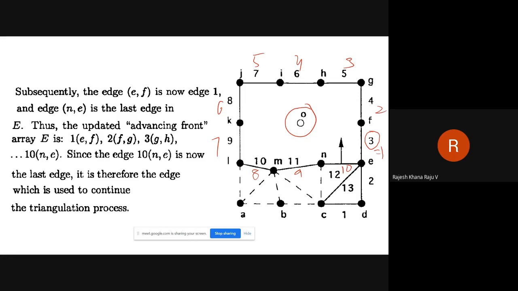Once all the interior nodes as well as all the edges over the boundary which are part of array E are removed, you will get a null array. At that time that terminates your program, that completes your triangulation process.